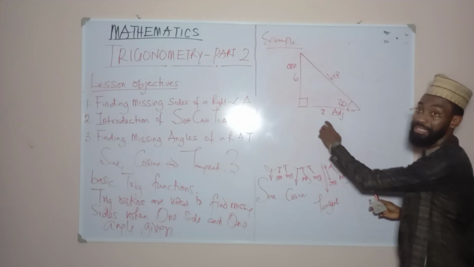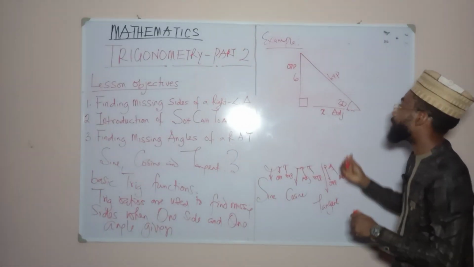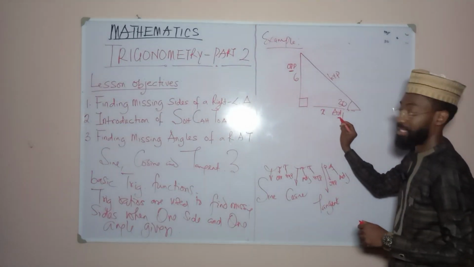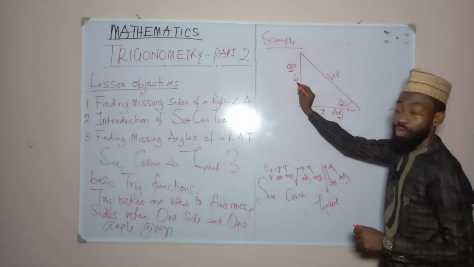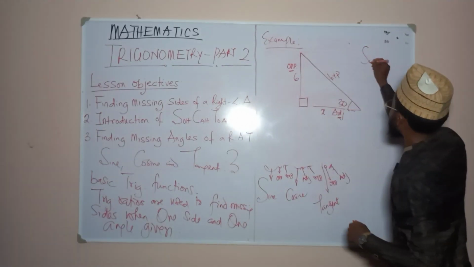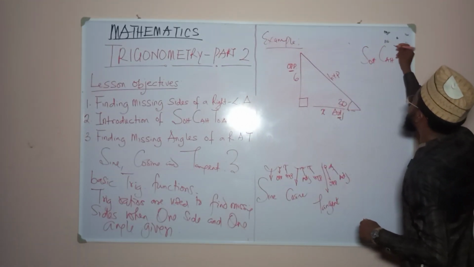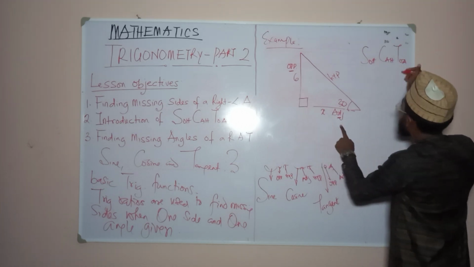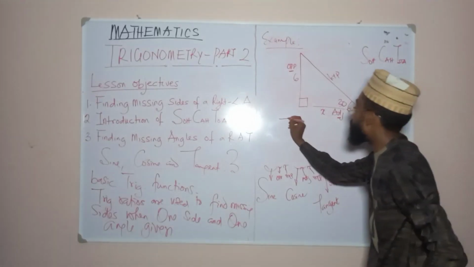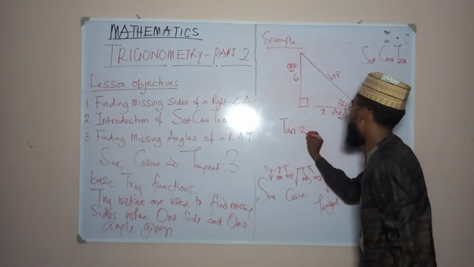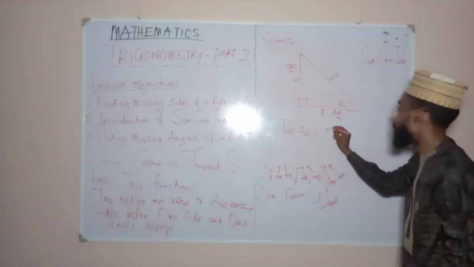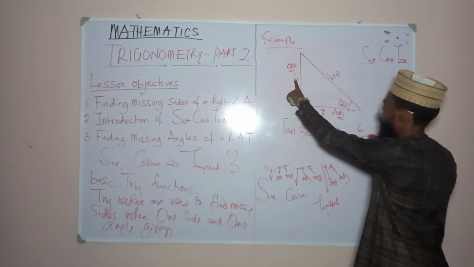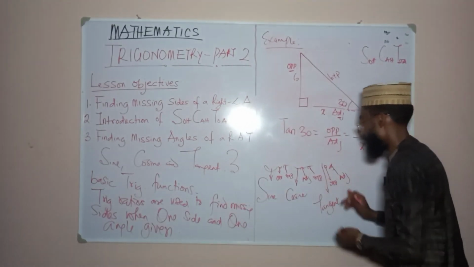Now, to find missing sides using SOHCAHTOA, ask yourself, which sides are given here? We have opposite here and we have adjacent here. Now, you go to your SOHCAHTOA and ask, which of these trig functions is actually holding opposite and adjacent? You see, it is tan. So we are going to put tan of that angle. Remember that tan 30 is going to be opposite over adjacent. You put your opposite 6 over your adjacent is x, and then